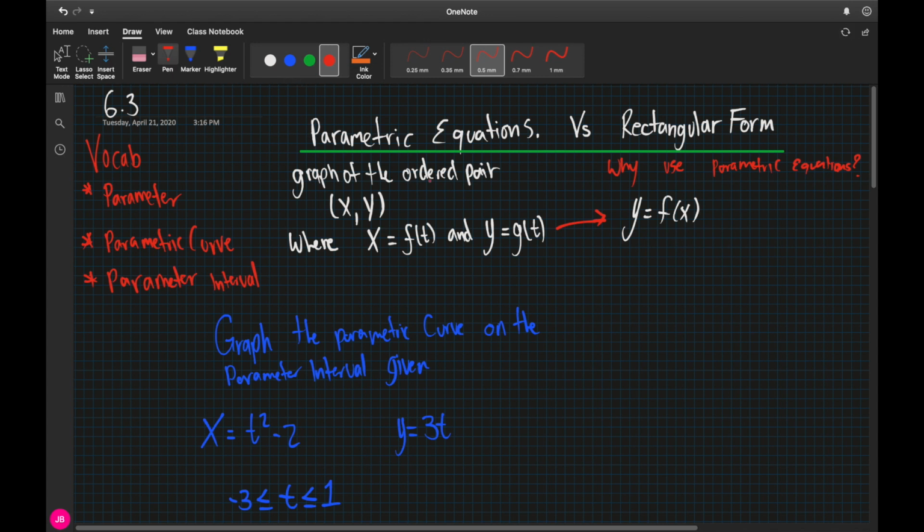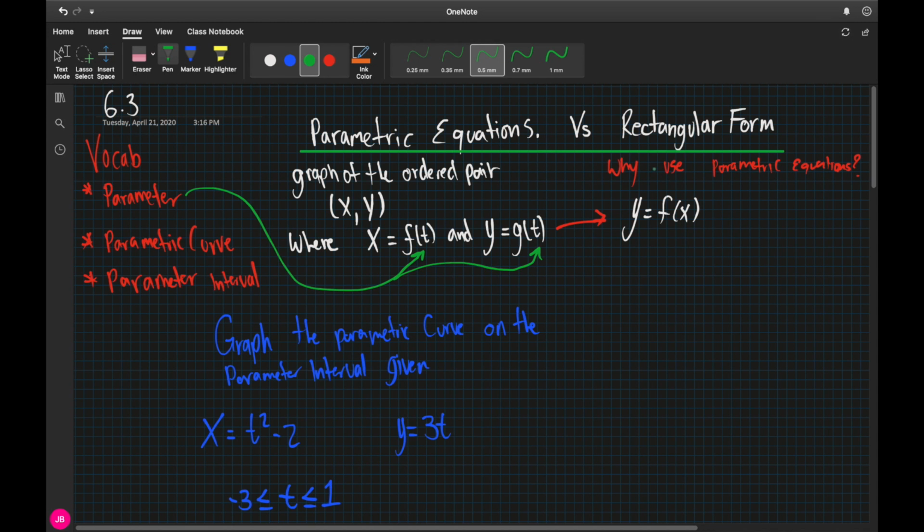If you notice here, when we're graphing parametric equations, we're going to get an ordered pair, x and y. But x is a function of another variable, t, and y is a function of that same variable, t. Now, t is what we're going to know as the parameter. So that third variable, t, is going to allow us to separate my x and my y into two different equations,